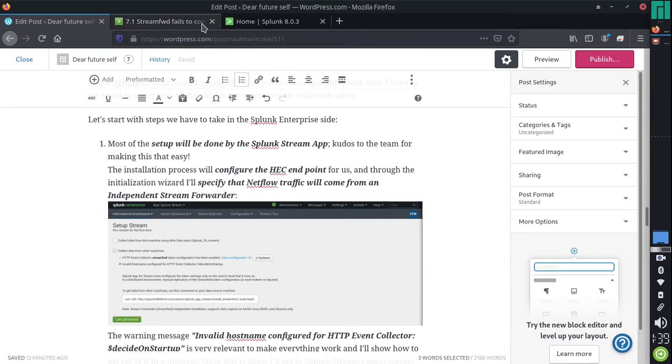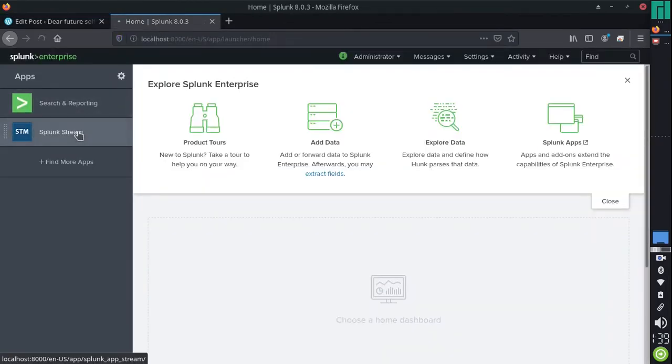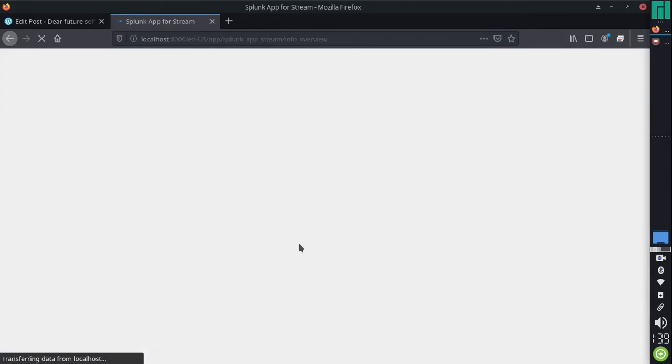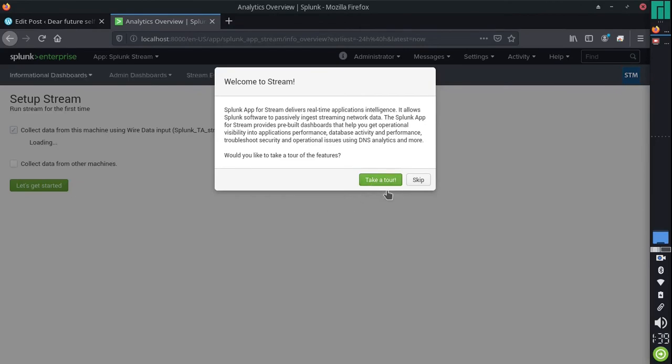By the way, I can remove this. I will not use it anymore. So now we need to go to the Splunk Enterprise. We will see the wizard because it is the first time we are accessing the app. Skip the tour,